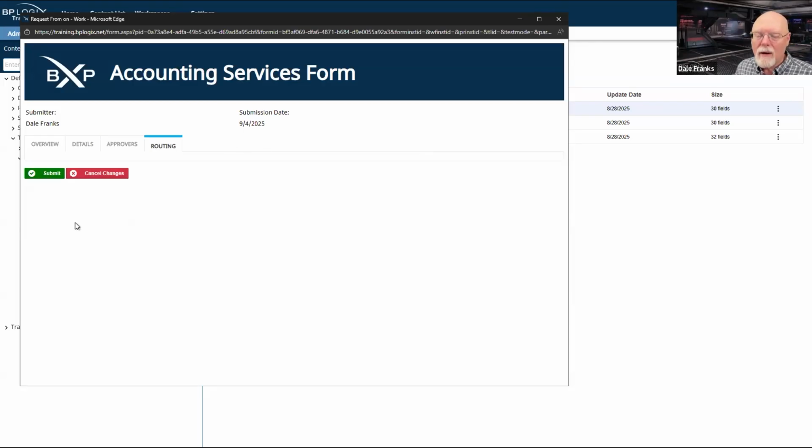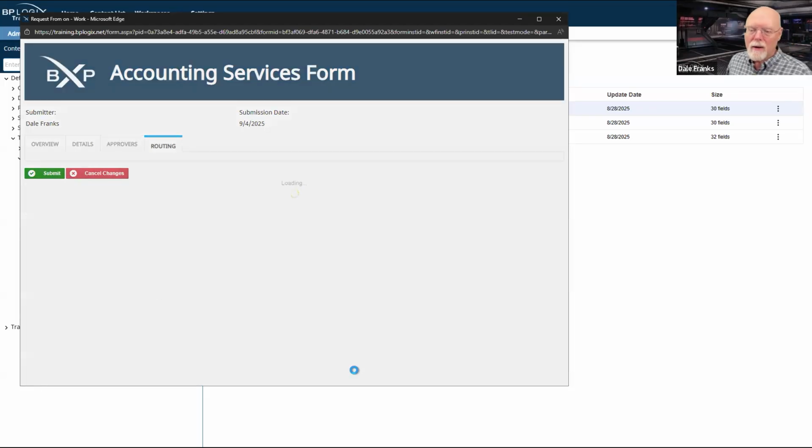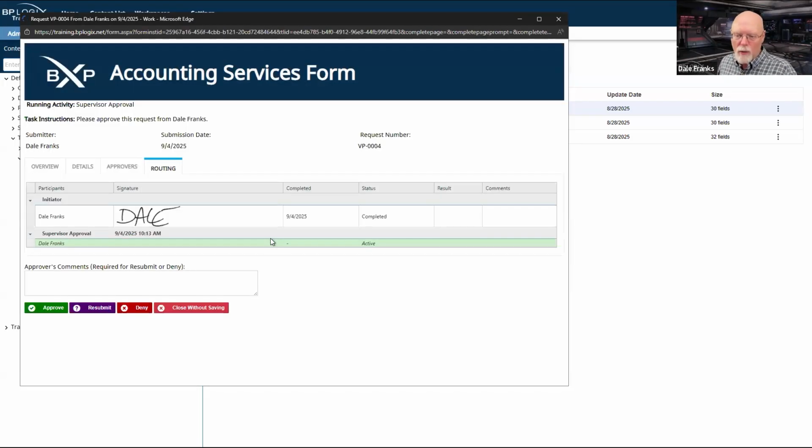And go to the routing slip, which will not show until we submit the form. There we go. Now I'm in the supervisor approver activity. And even though I said it's required for resubmit or deny, I didn't set it up that way, unfortunately. But that's fine. You should set it up that way so that you require signature comments.